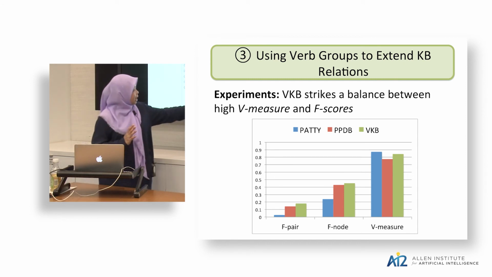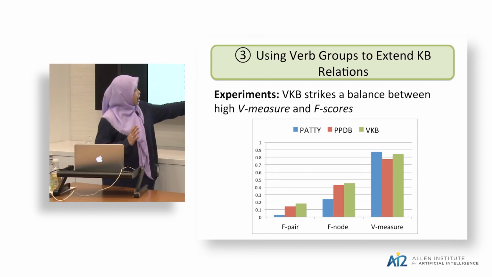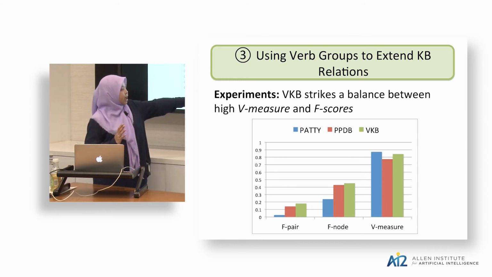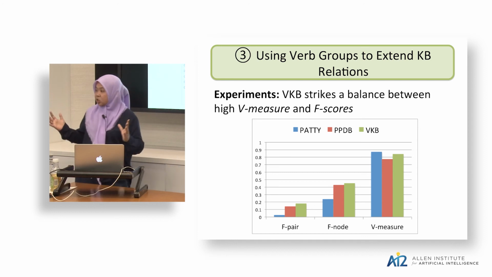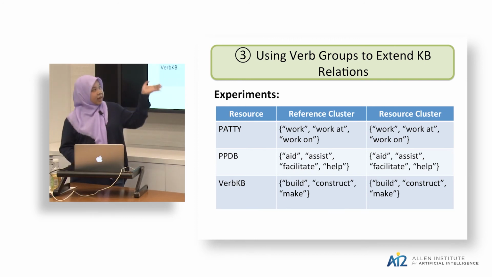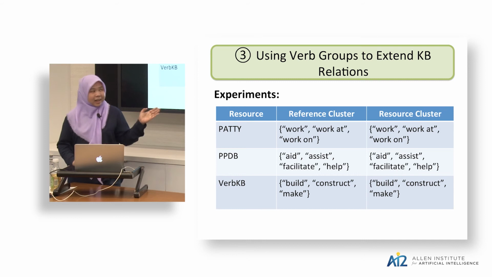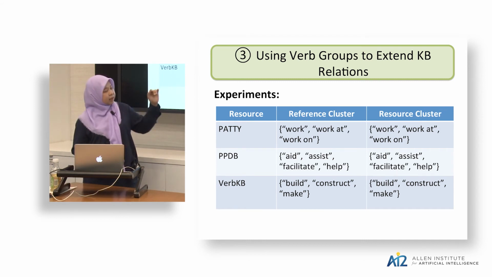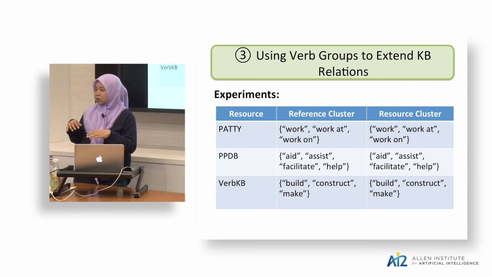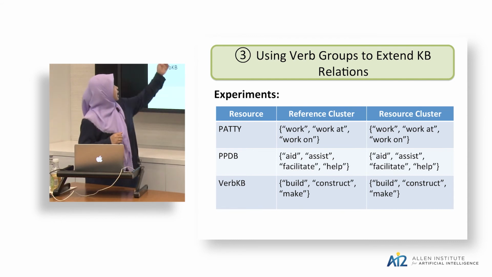And while PPDB clusters have slightly lower V measure, they have higher F measures because they are larger clusters. And V measure tends to favor smaller clusters. And this we see in the actual clusters. So if we look at the best and the worst clusters that align to the WordNet cluster, we see that PATTY gives